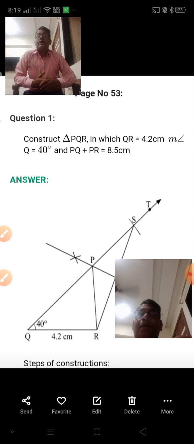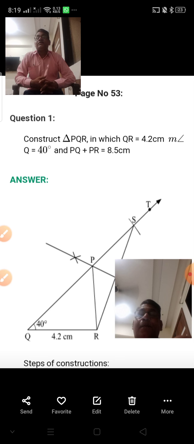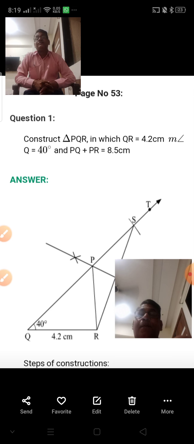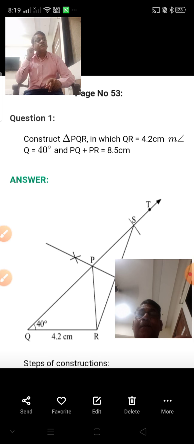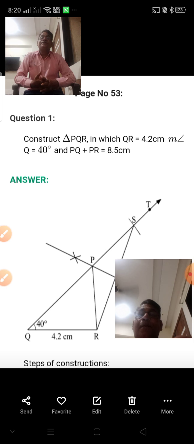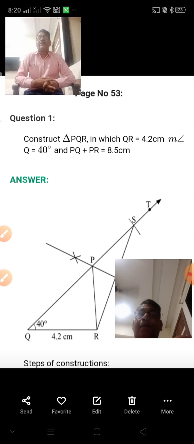Now in the first exercise, that is 4.1, in geometric construction, we have to draw the given triangle. The measurements of different parts of the triangle are given, and you have to draw the triangle. Now how to draw the triangle? See here, I will explain the given figure and how to draw the given triangle.